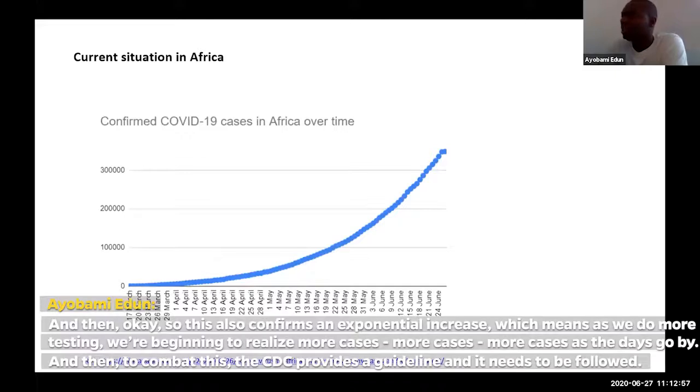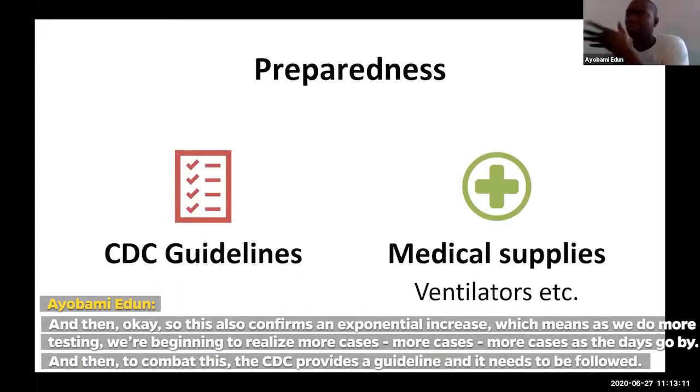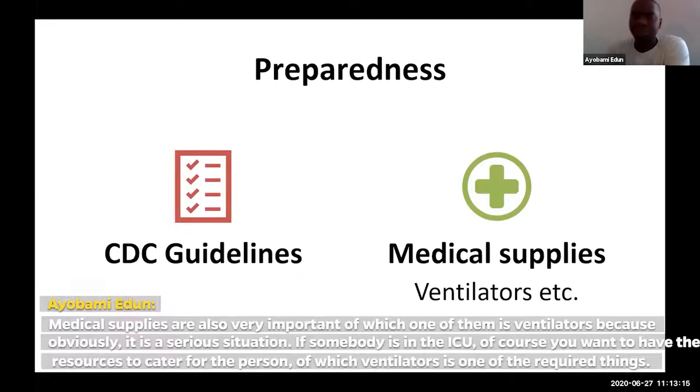This also confirms the exponential increase, which means as we do more testing, we're beginning to realize more cases as the day goes by. And of course, to combat this, the CDC guidelines are there that need to be followed. But medical supplies are also very, very important, one of which is ventilators, because when you have a serious situation and admit somebody to the ICU,